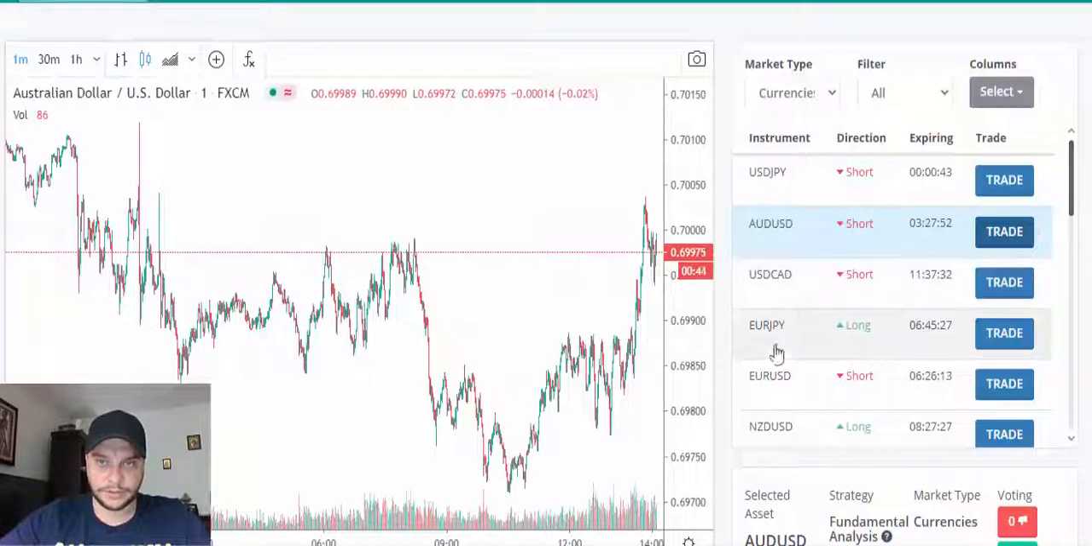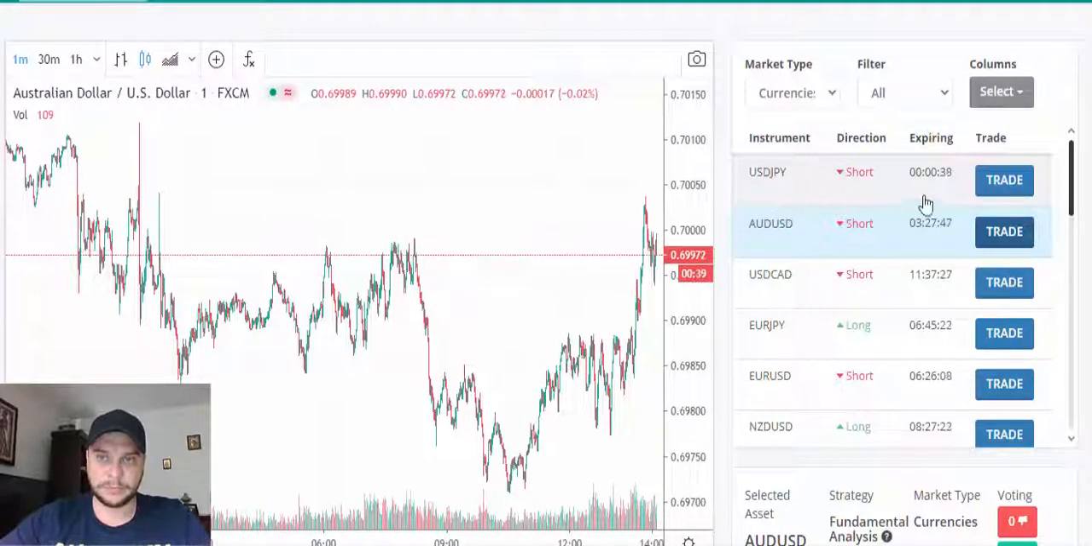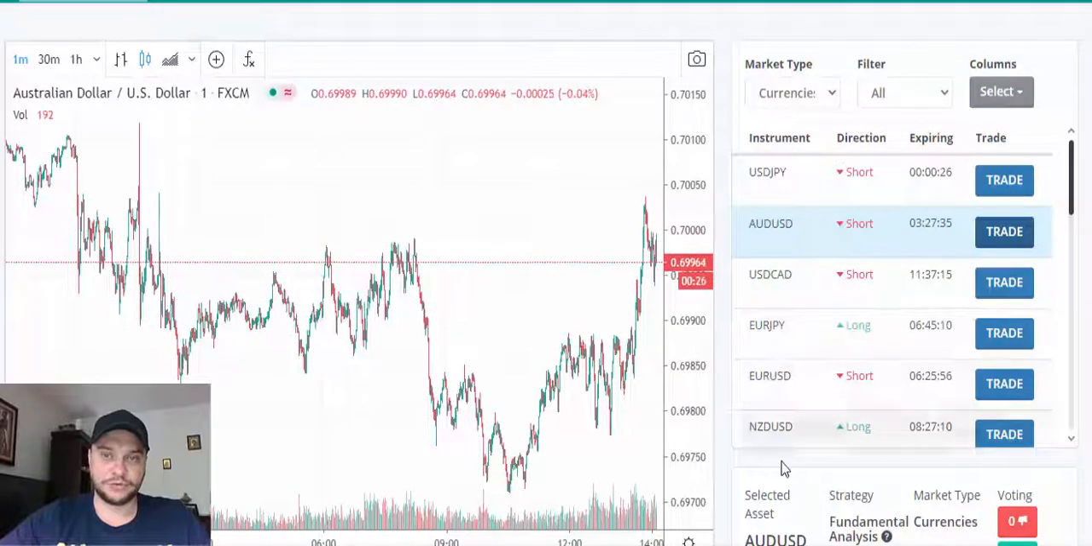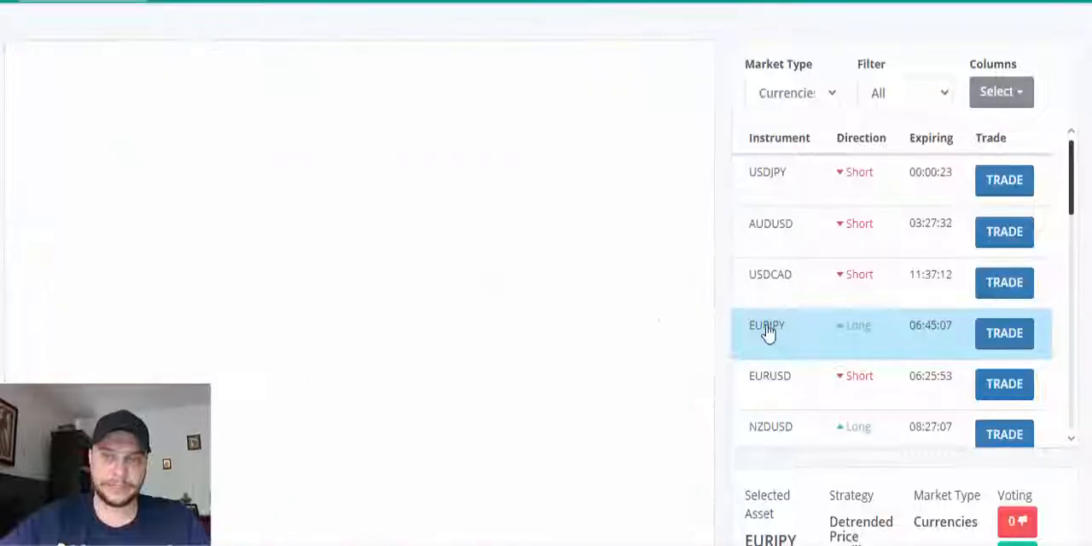So we had AUD USD, and we have US dollar Japanese yen. So be careful with the expiring time for the signal. As you can see, we have only 30 seconds here, so we don't want to use a signal that is expiring very soon. Let's see Euro Japanese yen,